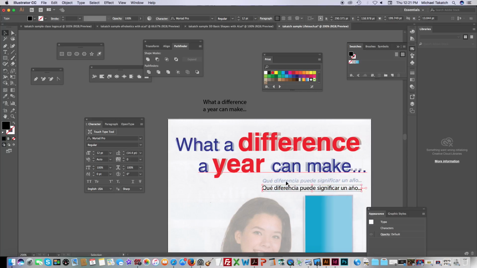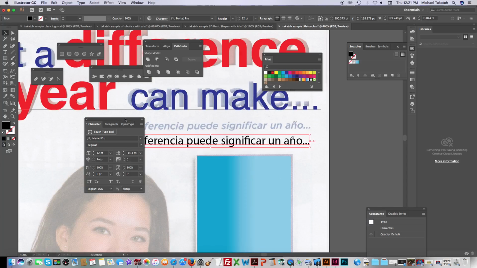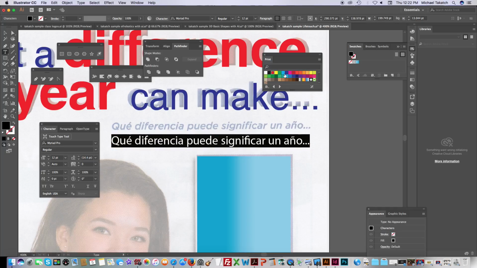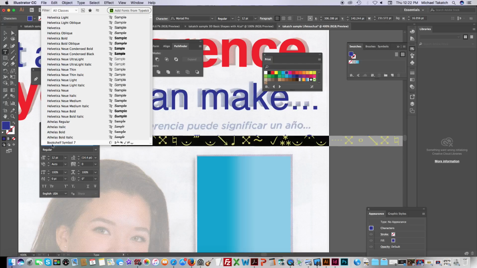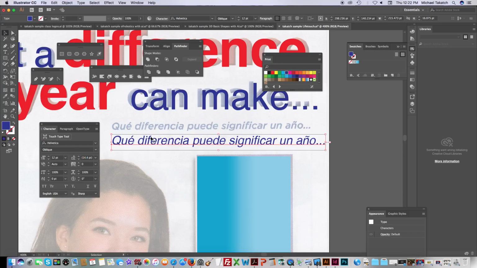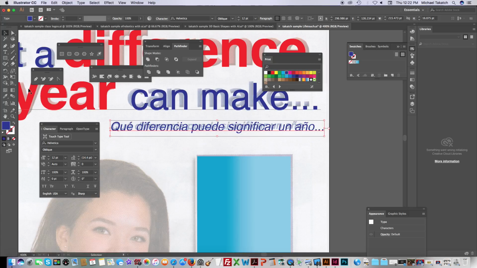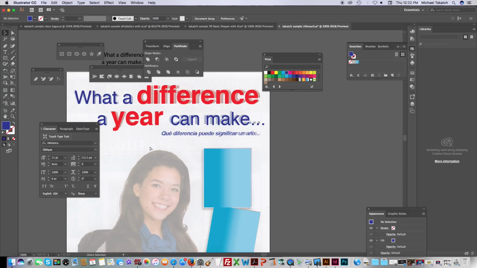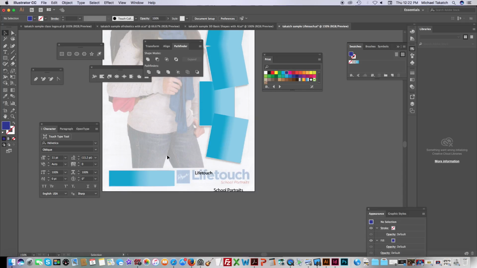See what I did there? So I zoom into this part, and again, this is the same type of font. I'm probably going to highlight this, make it blue, highlight this for Helvetica oblique, which is the same as italic, and you can place that in there. So it looks a little larger than that. I just have to drop it down one and try to get as close as I can to that size. And the scan may not be perfectly in line there. But then coming down to the bottom here,